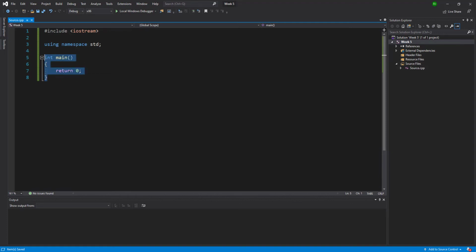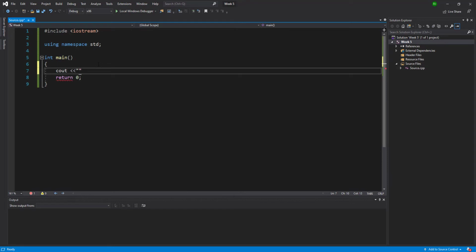Now this is a function. Function is something that does something, and we can reuse that. Right? I will come back to main function in a while, but let me start with a scenario where I want to do something and I want to do that thing again and again, right? So what I want to do is I want to